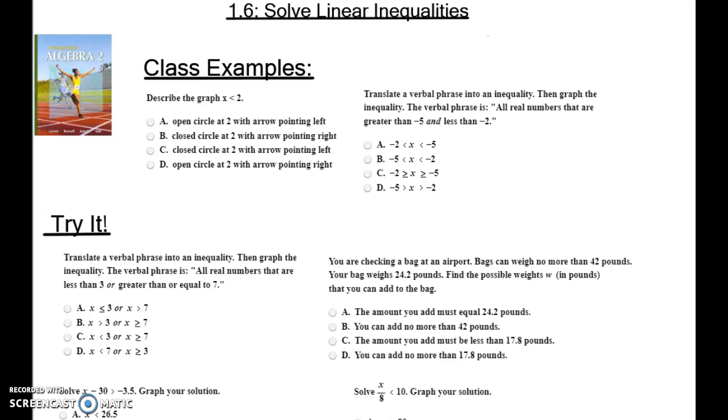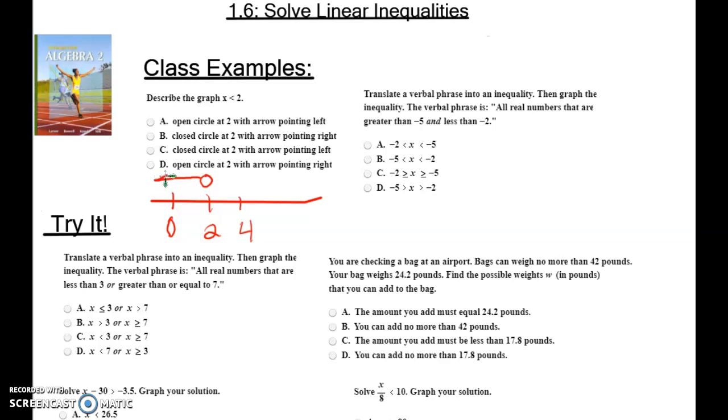They say describe the graph of x is less than 2. So when they say describe the graph, they mean you have this line, and this was 0, 2, 4, right? Now, when they say less than, there is an open circle at the place where it's less,